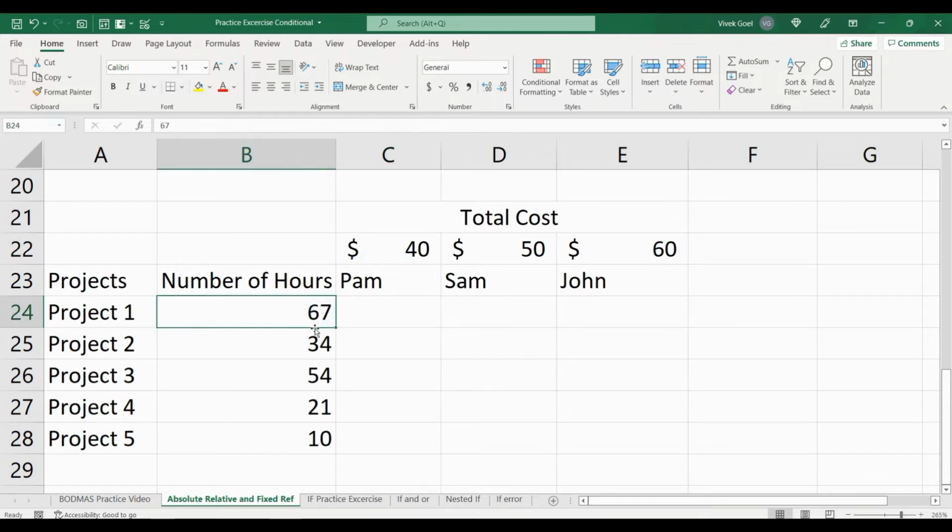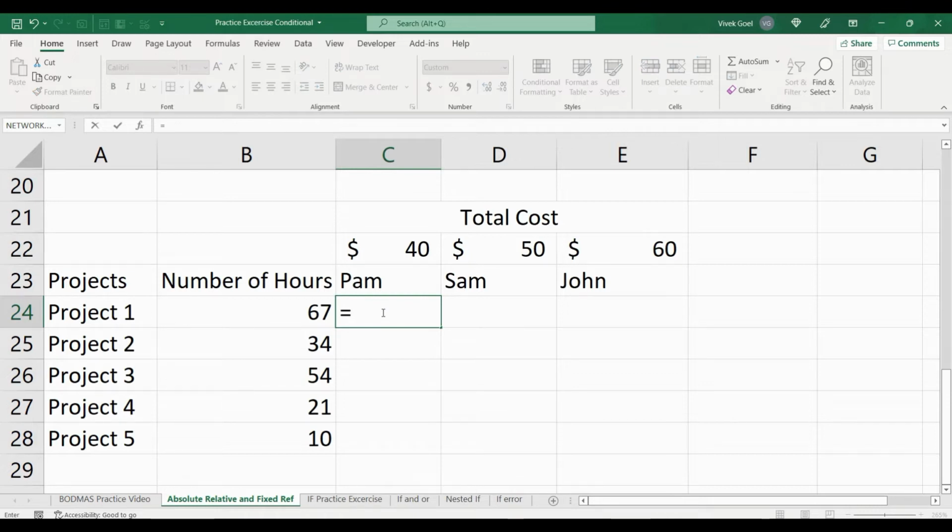But when we try to calculate the same for project 2, the hours should change from 67 to 34 while the $40 should be fixed. So if we need to perform this calculation just for Pam, our number of hours will change as we copy our formula down, and the $40, the hourly rate for Pam will be fixed. So we will make it absolute.